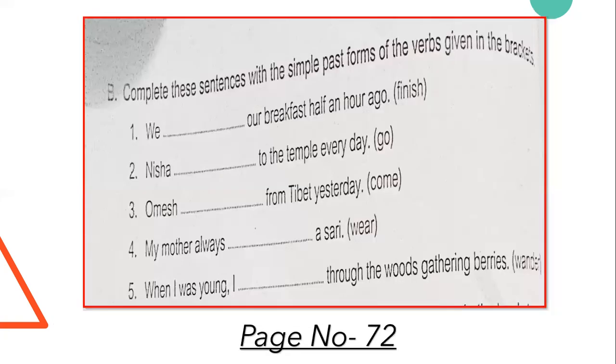So students, from our textbook, Grammar Magic, page number 72, exercise B, I want you all to complete this exercise. You all know the drill for the grammar class. Pause here, complete the exercise, take a red pencil or a green pencil, and then correct, because I will give out the answers in the next slide. Okay? All right. So pause, complete, and then check.